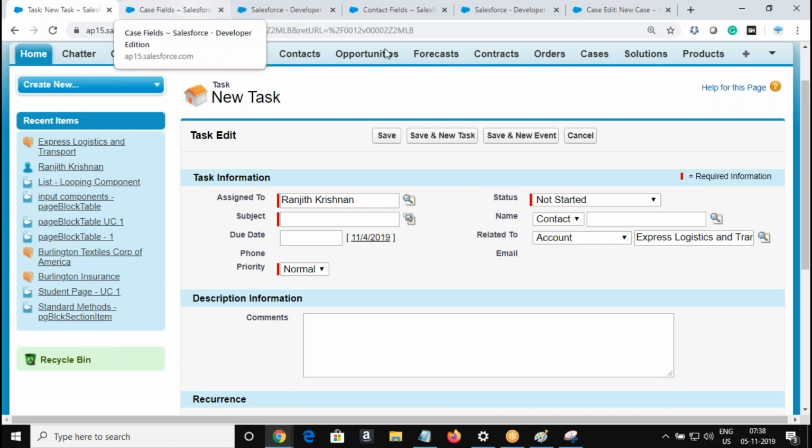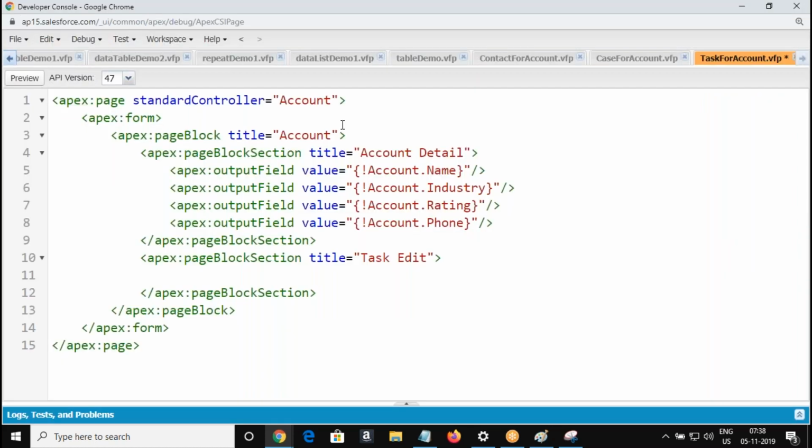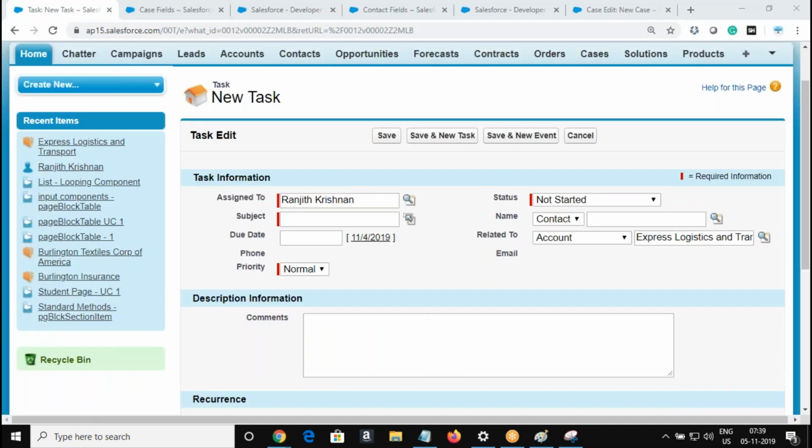The question is how can I bring the task details, right? This is a standard controller page. You cannot bring the task details here. You need a custom controller because it's a different object. Okay, 1 minute.